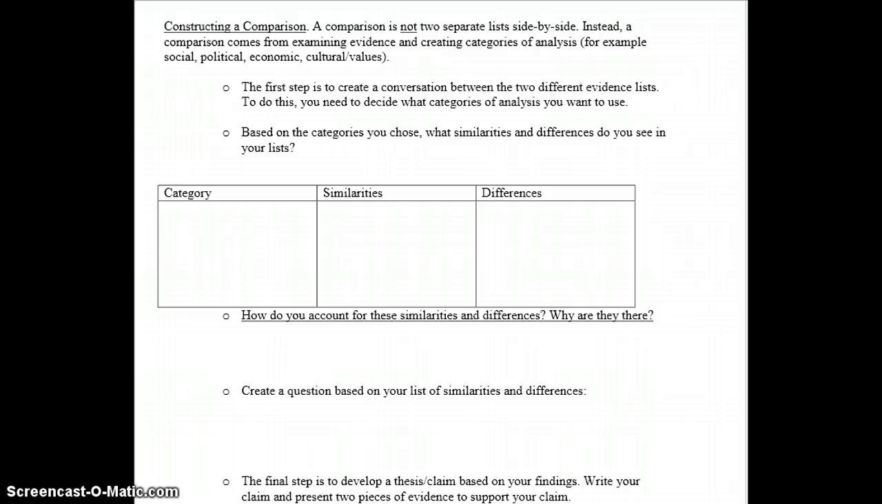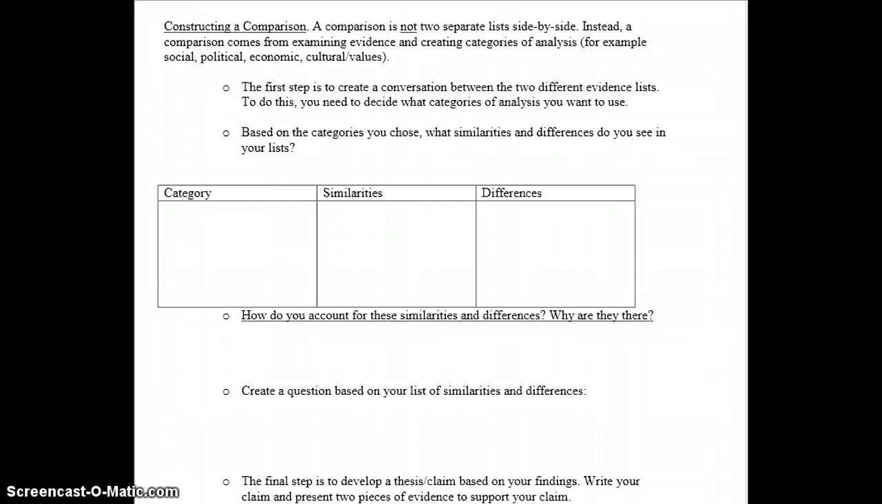Solberg. I thought we would talk today about how you're going to go about constructing a comparison. And I'm going to walk you through some things step by step. The first thing is what a comparison is not. It is not a list, two separate lists side by side saying this is like this and this other thing is like that. Instead, a comparison comes from examining evidence and creating categories in which you analyze the similarities and